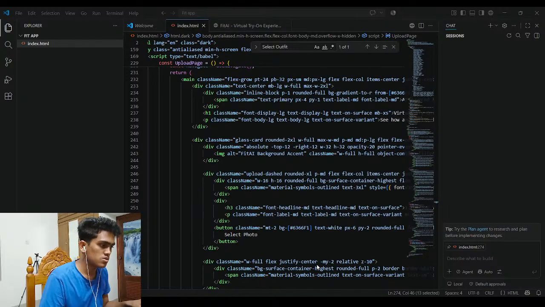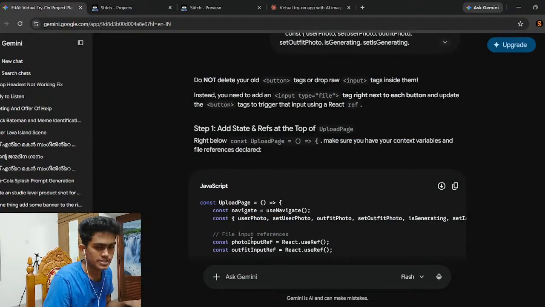So according to Gemini, what we have to do is add state for the top of the upload page. Then this is what it's actually saying over here, right below upload, cost upload. Listing, make sure we have your bonus variable and by